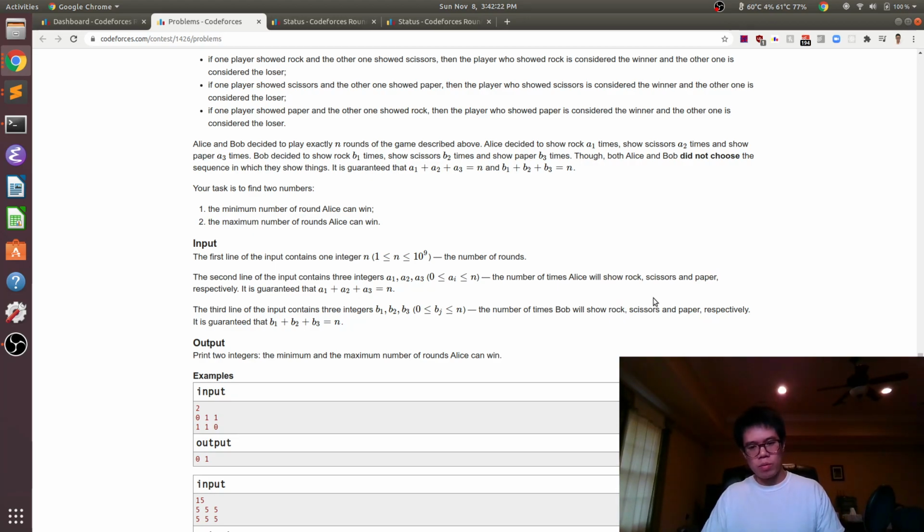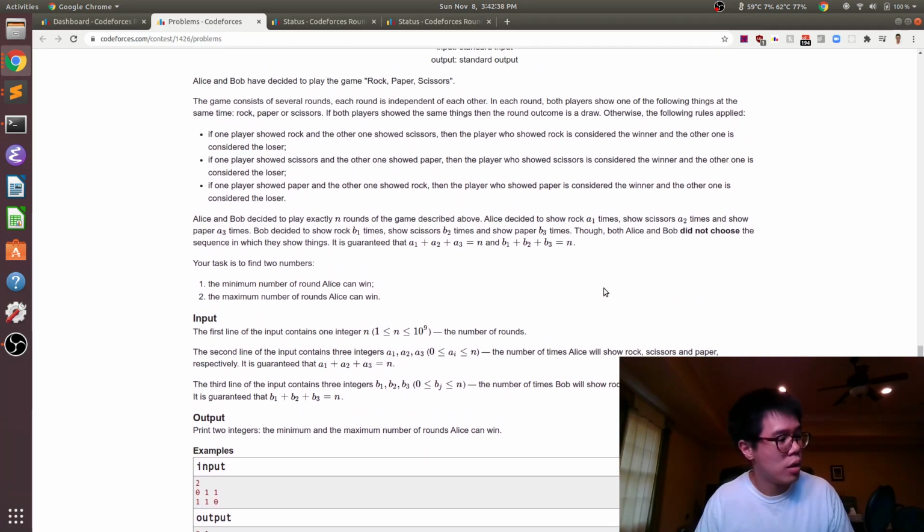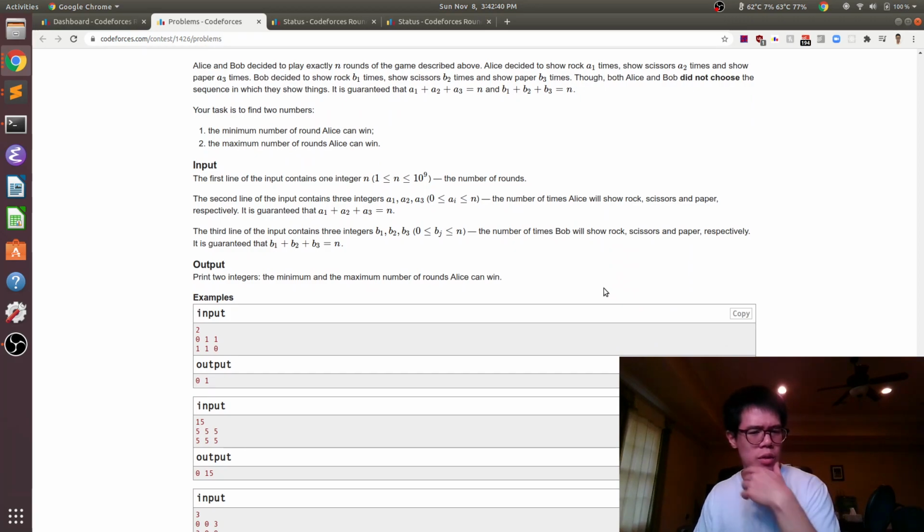And so there are 3 types of pairs that we want to avoid, and we want to see basically how many times we can avoid them. Okay, let me think about this.